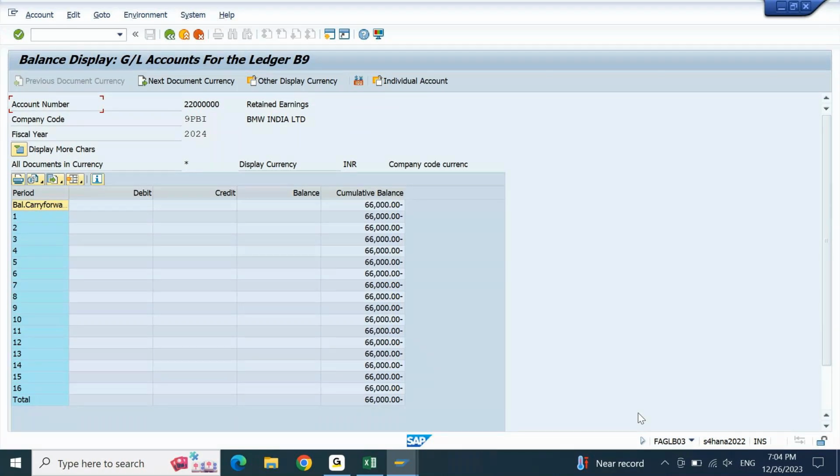Meaning, whenever you look at the retained earnings account, it is always going to display that year's carry forward balance in the next year. Which means whatever you are showing in 2024, this is not 2024 balance, this is 2023 balance. Nothing related to 24 is updated here. In the similar way,